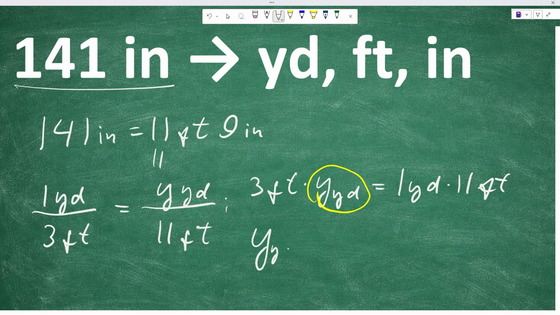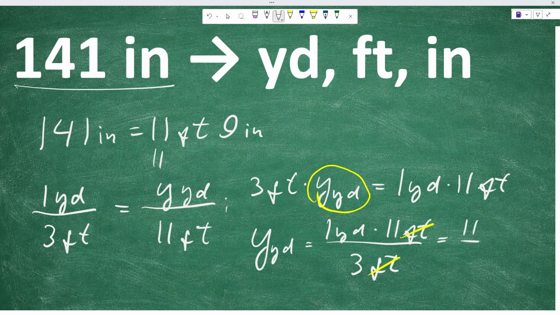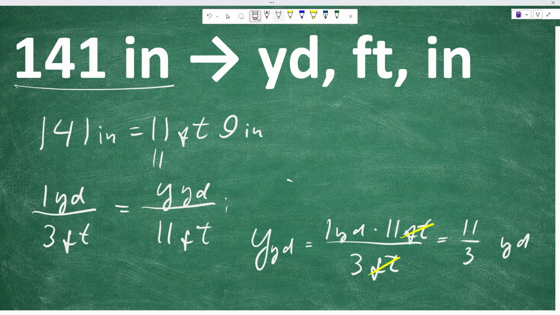Y yard is 1 yard here times 11 feet divided by 3 feet. Now, again, we can cross out the units, feet here, and this is exactly what we are looking for. We have 11 divided by 3 times 1 yard. Or we can just remove 1, because when we multiply by 1, the number remains the same. So, how many yards, full yards, is that? So 11 over 3 yards is,